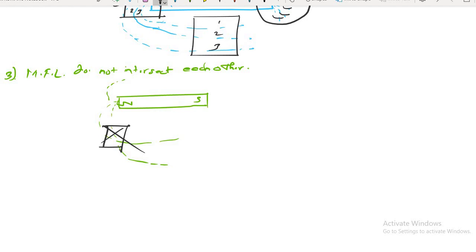Now the question is, sir, why can magnetic field lines not intersect each other? Suppose I am drawing like this, this line is coming in this direction and it is cutting it here. This type of situation never happens. So why do magnetic field lines not intersect each other? This should strike your mind. Can anybody tell me why? Anyone? Any one of you?